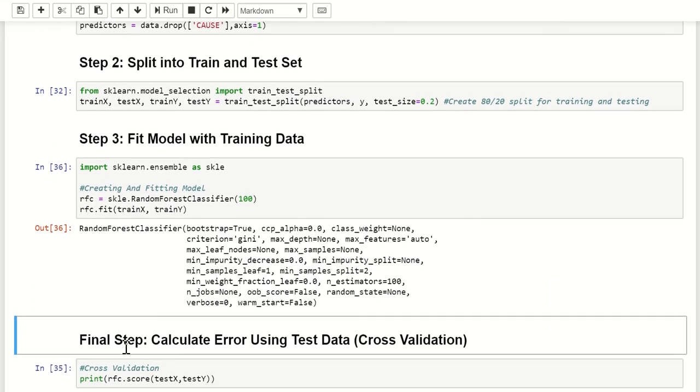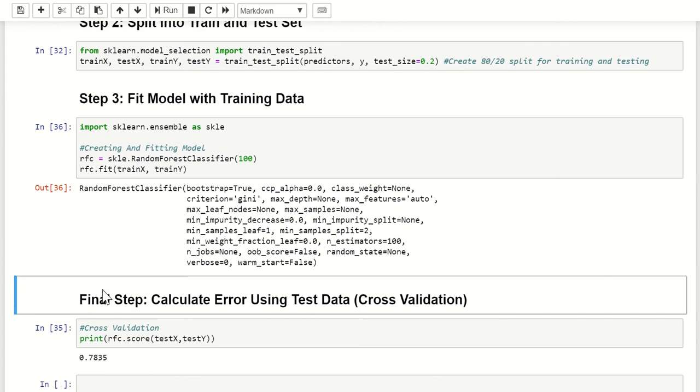And then we have one final step, which is to calculate the error using our test data. So this has nothing to do with the, well, I mean, it's from the same data set, but it's separate from all of the training data. And this is what cross-validation is. This is the step where we are actually doing cross-validation. So there's a lot of different ways to measure error, but that's what cross-validation is doing at the heart of